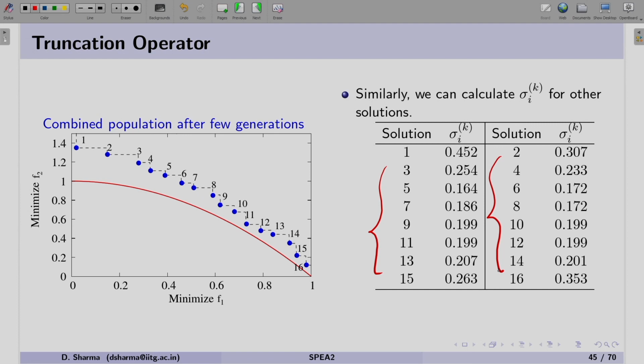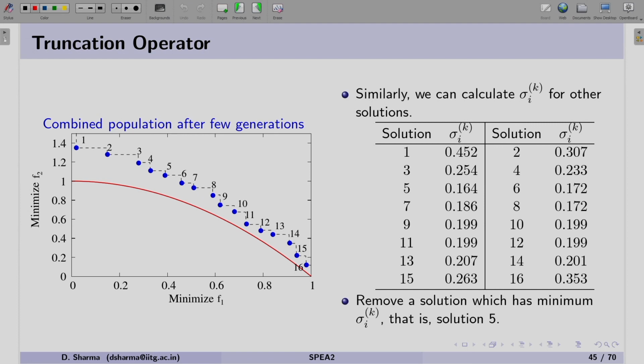As per the truncation operator, we have to find which solution has the minimum sigma i k value. From this table, we can see that solution 5 has the minimum sigma i k value, and therefore it should be removed. If we look at the figure on the left hand side, this solution 5 should be removed from the current set.